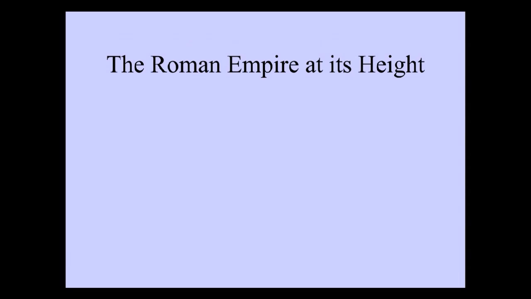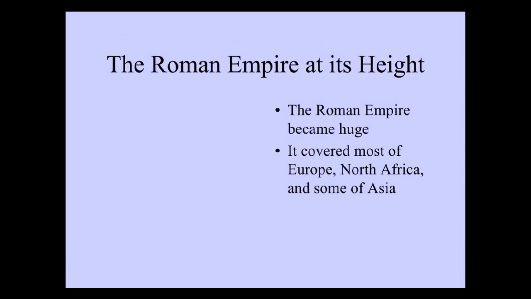One of the first things you want to remember about the Roman Empire, no matter what period of it we're studying, is that when it gets to its largest height, it is huge. It is gigantic. It will eventually become as large as the modern United States, and it will cover most of Europe, North Africa, and some of Asia. Asia meaning Asia Minor, what is today Turkey, parts of the Middle East, specifically what is today Israel, Lebanon, and